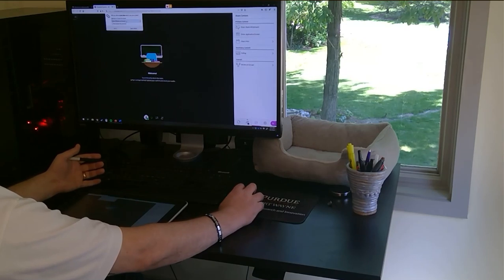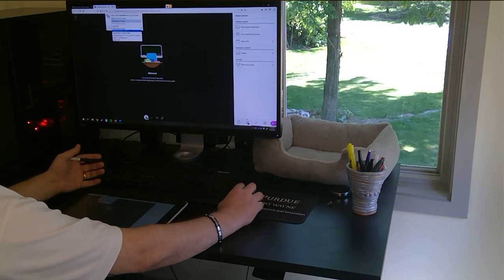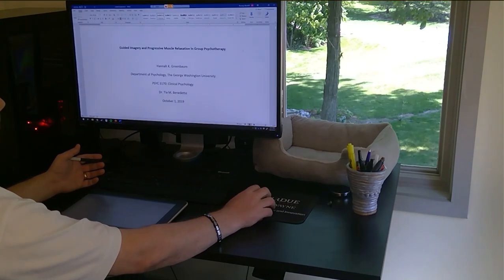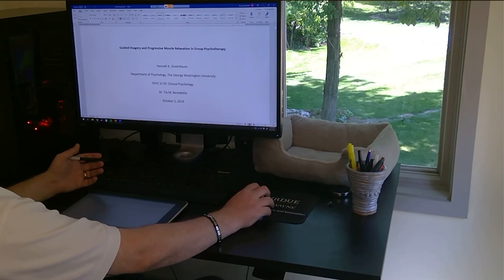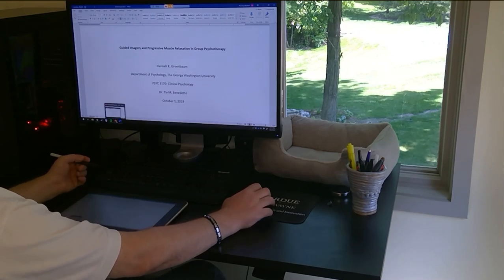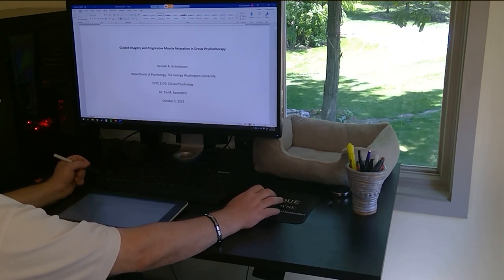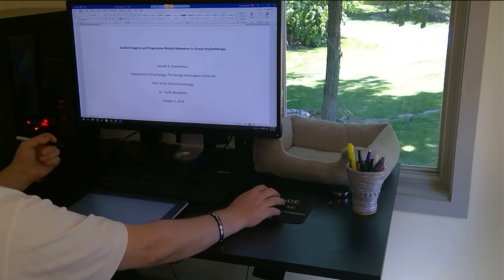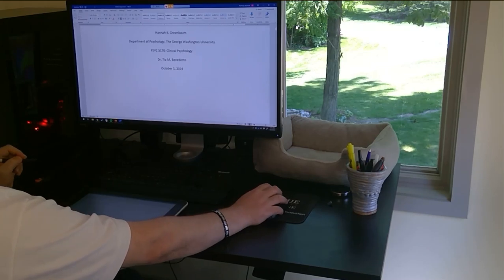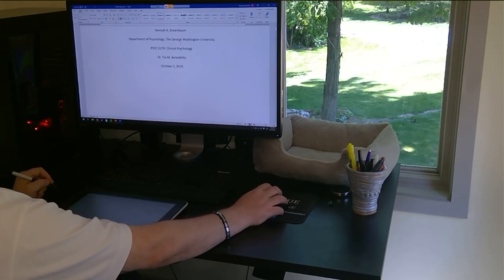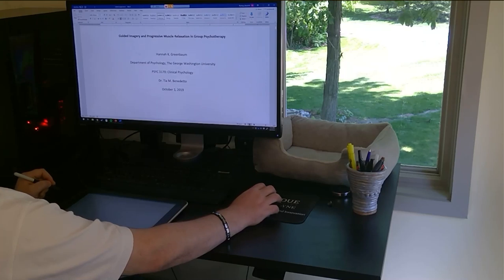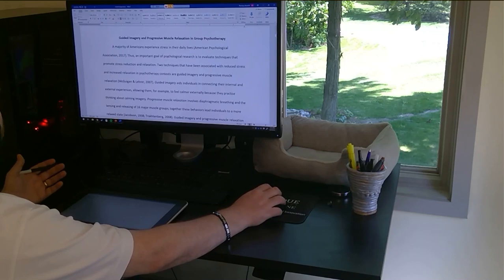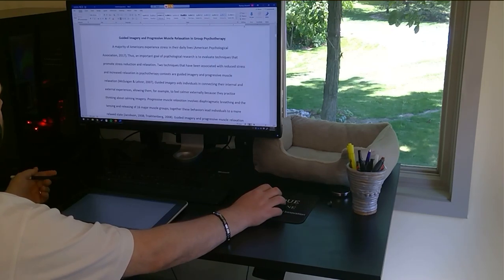So I'm going to do share application, and then the student paper, which is the Word document. And so I'll click on allow. And so I have now it shared. On the home page here, now this is where I'm going to use both my little writing tool here and then my mouse, because I like using a little scroll button on the mouse. So we've got this title page and everything, and I haven't read this. I really have no idea what this is even about,